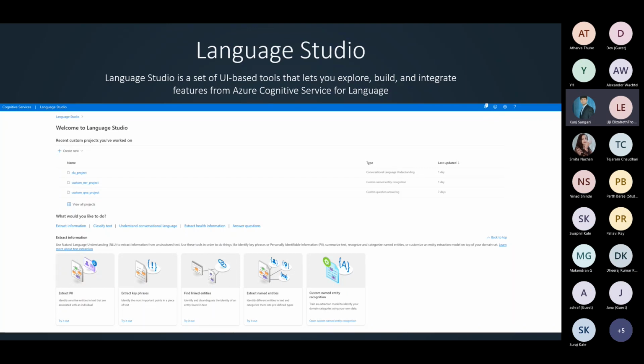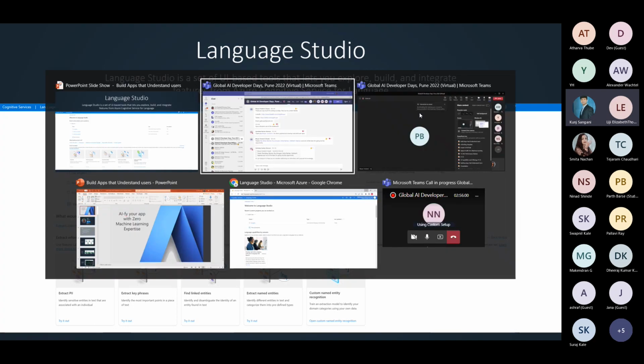You might be familiar with it. It's, again, a new tool from Microsoft. It's a single-stop shop where you can play around and explore all these APIs, all the AI services. So I use the Language Studio to explore the capabilities of question answering, and then as you like, you can move on to build them using code.